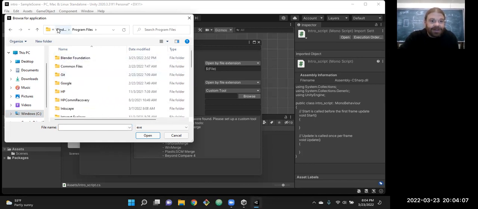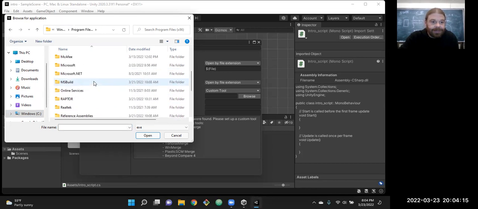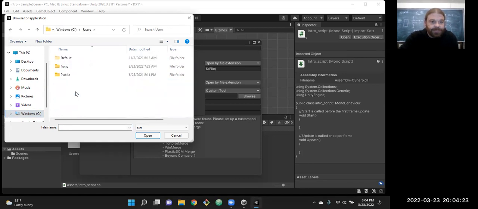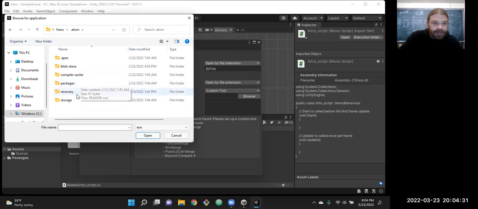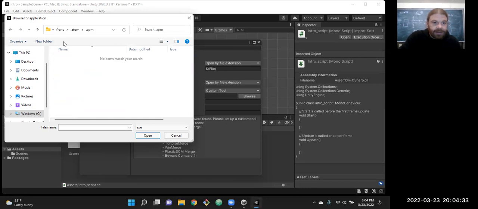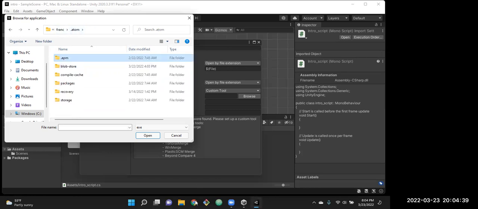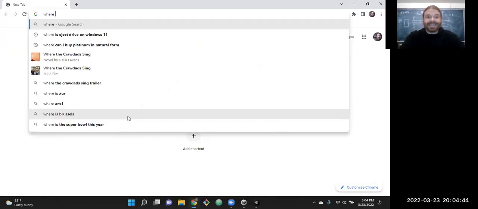I don't see Atom there. It must be under users somewhere. Oh, there it is. Well, probably quicker if I just Google it, because I know I went with the default installation.